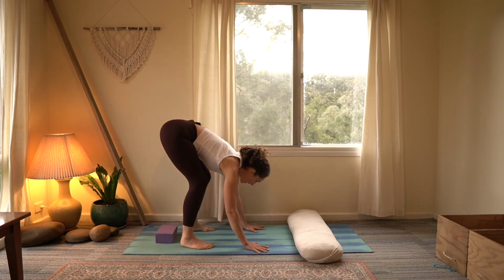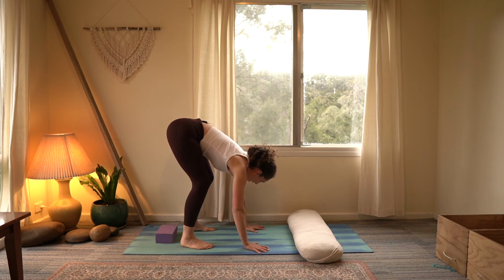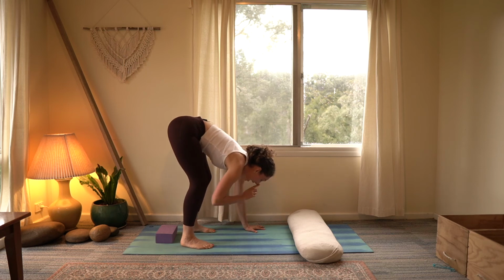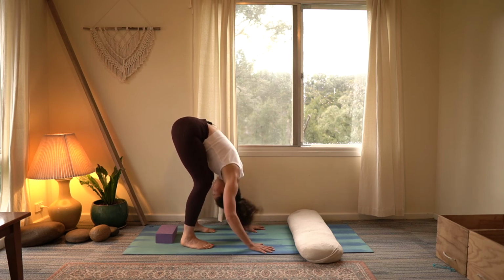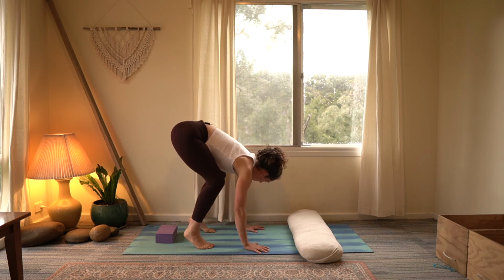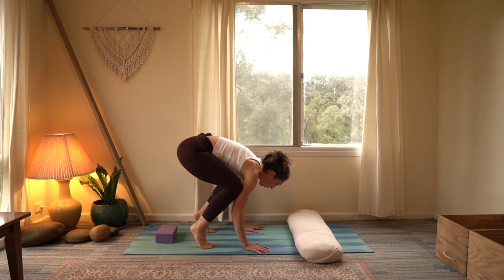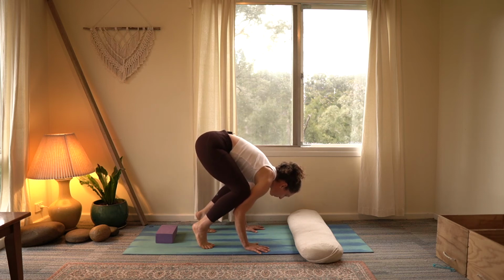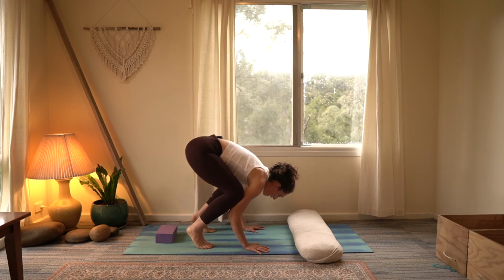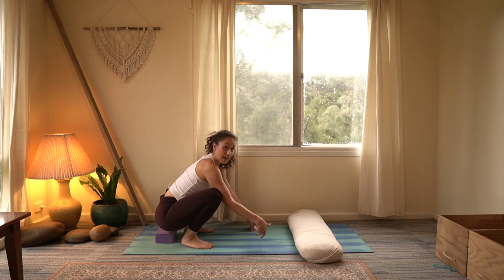So have the hands out in front of you, about shoulder width apart, a nice firm grip on the mat. We're going to keep the gaze forward, okay? If you look underneath you or down between the feet, you're probably going to do a somersault. So we're keeping the gaze forward and start to load the weight onto the triceps. This might be plenty for you today. You might already be feeling shaky and like it's a lot, and so you'll just work there. A few breaths there and coming out, a few breaths there and coming out